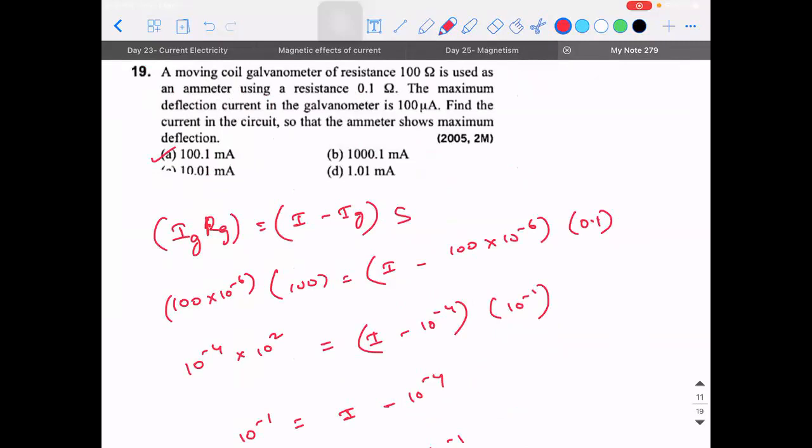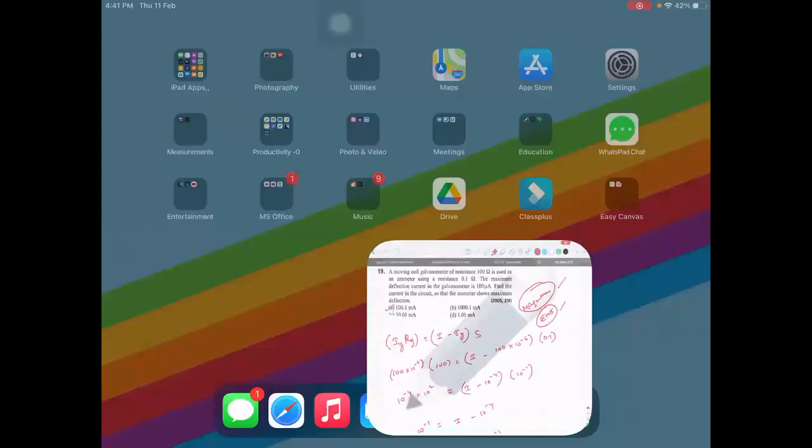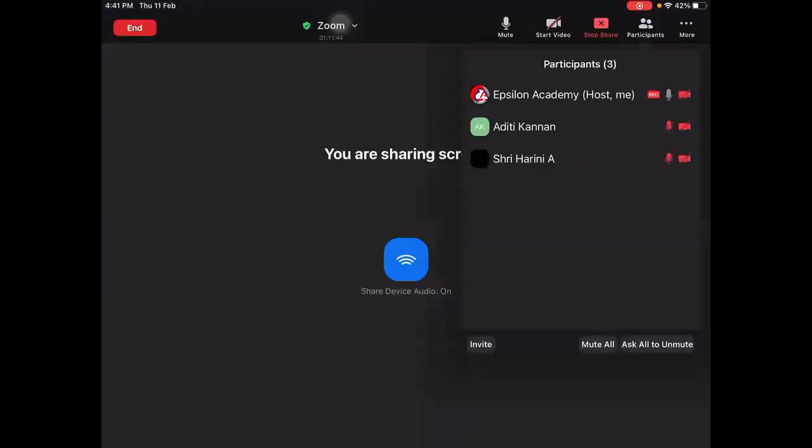Did you guys understand? So that is all about galvanometer, magnetic dipole moment, and parallel current carrying conductors. Okay. So tomorrow we'll start with magnetism, that is how to deal with bar magnets. By tomorrow we can complete it. Then we'll go to the EMI part. Okay. So till then, keep practicing. If there is any doubt, you can approach me.